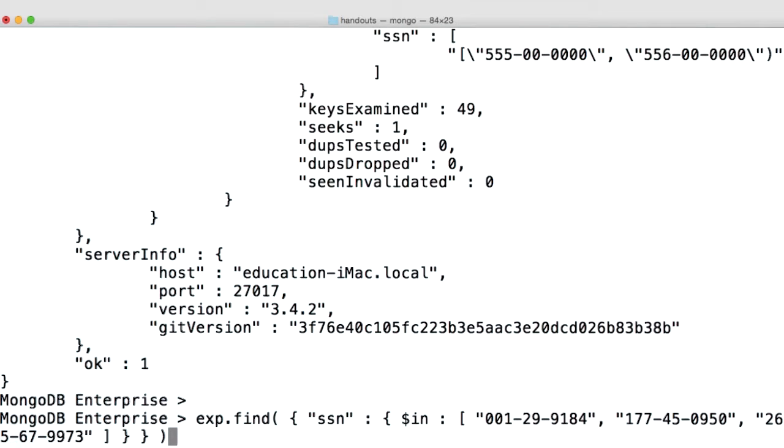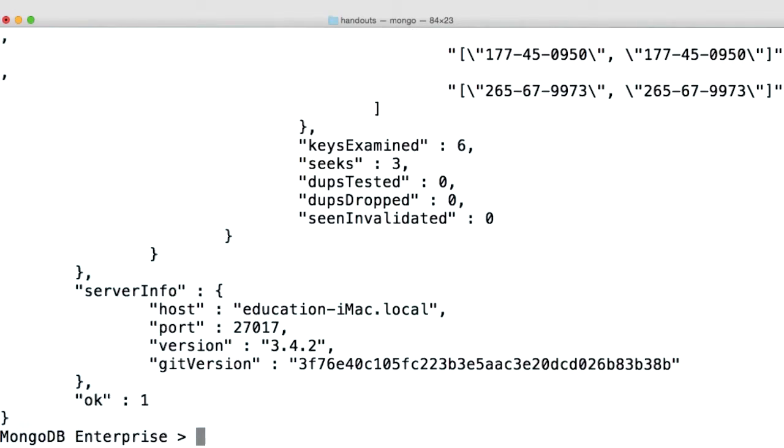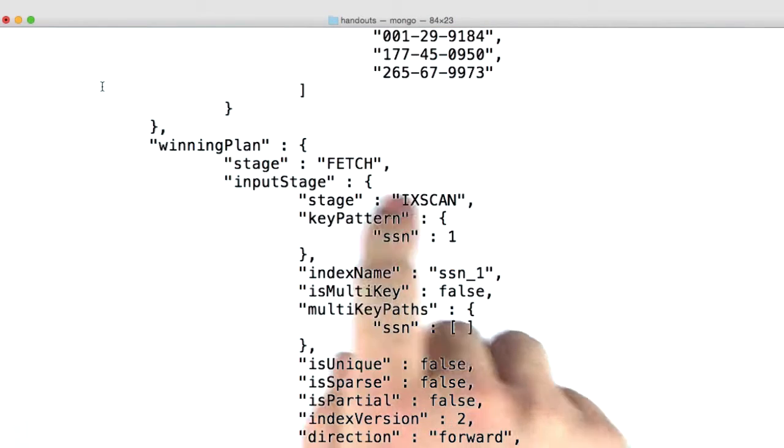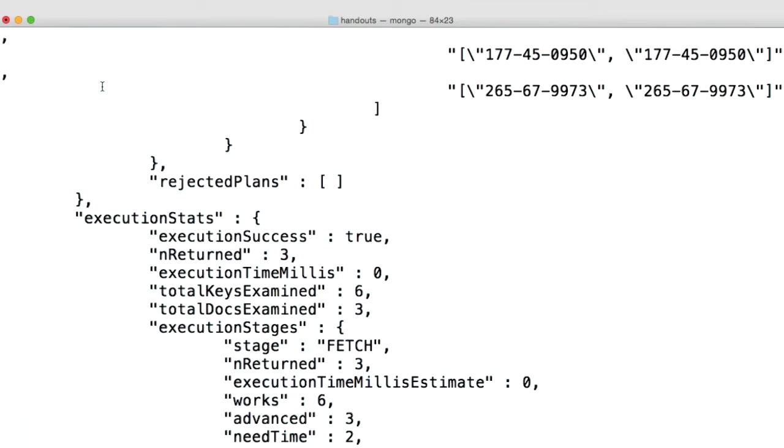Rather than using a range, what if I wanted to query on a set of social security numbers? Well, as you'll see, we're still able to do an index scan as our winning plan. And you'll see if we look under execution stats, we only had to examine 3 documents to find the 3 documents that matched our set. We did have to look at 6 index keys, which is more than we would probably expect, which is a little less efficient than it could be, but it's still much better than doing a collection scan. These extra index keys are due to the algorithm the system used, which can involve overshooting the values we're looking